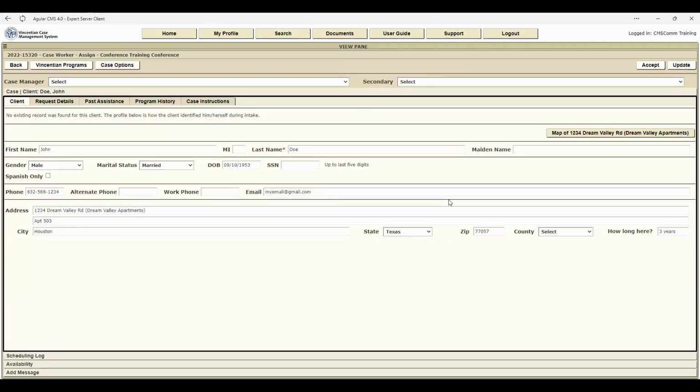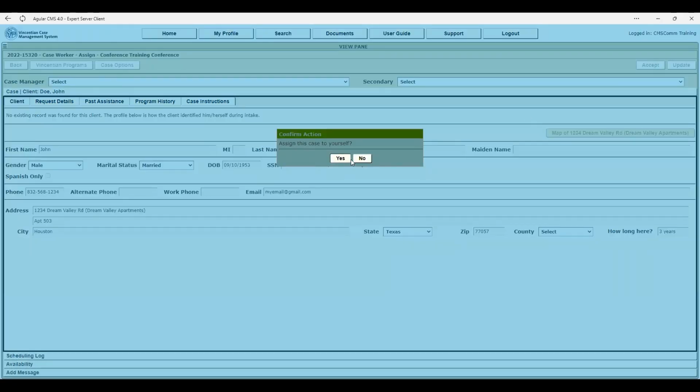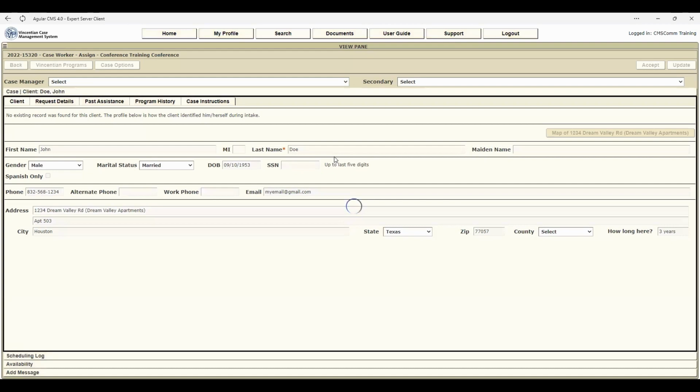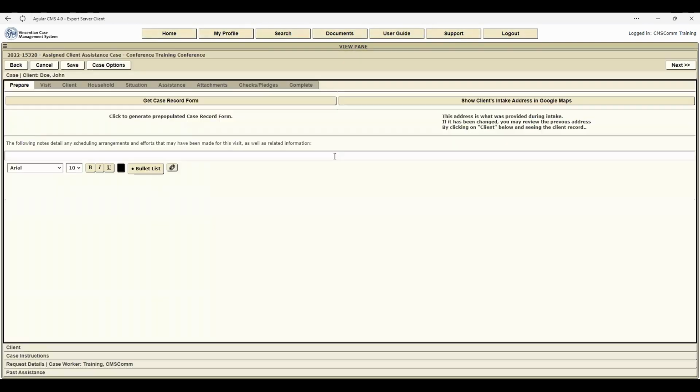But most importantly, if this is a case that you have been assigned to or that you want to assign to yourself, all you need to do is select the accept button and the case is now assigned to you. It will now move from the unassigned cases into an assigned case. And it lets you now enter information about your visit. It'll let you update information about the friend, update information about the household,